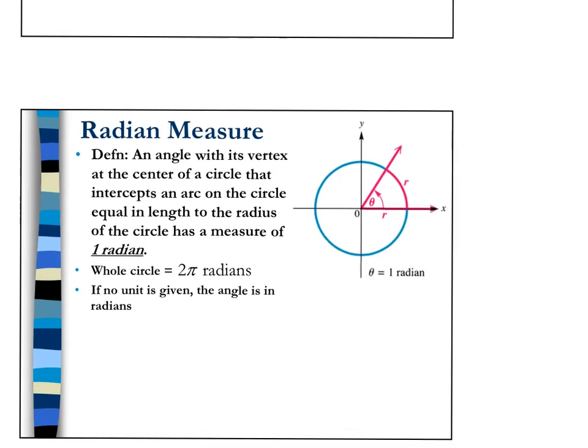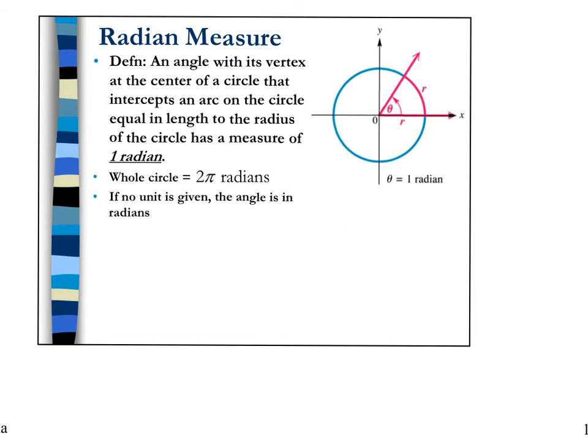So first, we're going to go ahead and just define what an actual radian is. Now, if you look at the definition, it says an angle with its vertex at the center of a circle that intercepts an arc on the circle equal in length to the radius of the circle has a measure of 1 radian. Okay, so basically if we look at this circle, this angle right here opens up to a certain amount such that the length of this arc is equal to the radius